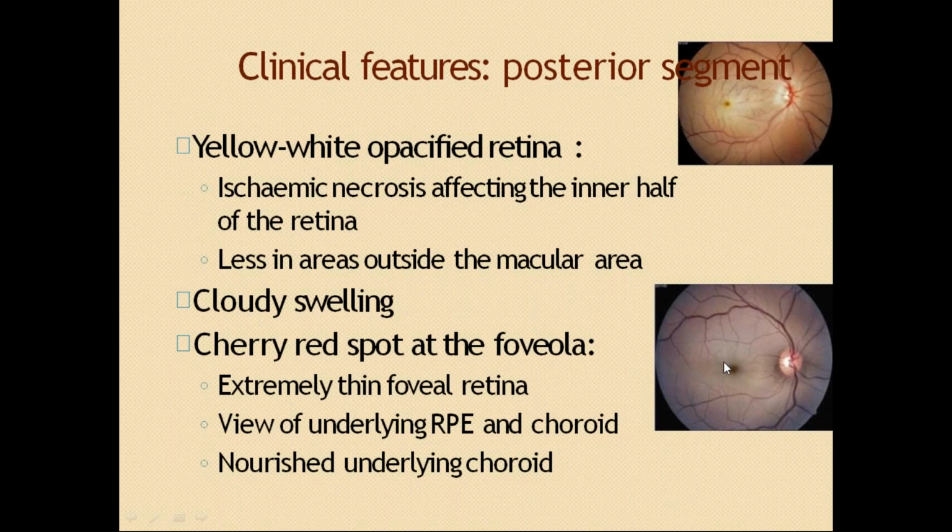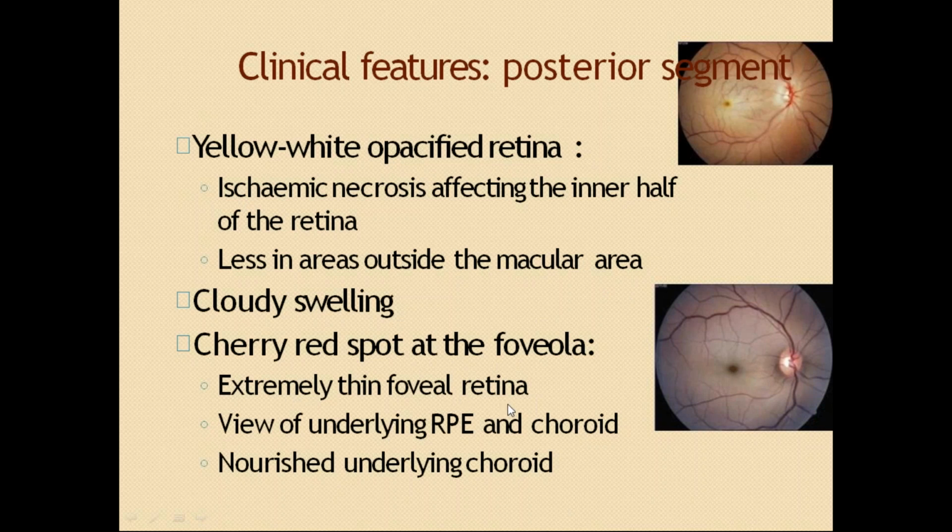In the center, you can see here there is a cherry red spot. One of the pathognomonic features of central retinal artery occlusion is the cherry red spot. Why is there a cherry red spot? There is nothing special about that. Because the remaining retina is pale, the choroidal part of this area will appear more bright. That's the reason there is a cherry red spot. Okay, because if this part is pale, this part appears brighter because of the choroid backside. Because of choroidal vasculature, this central part will appear brighter.